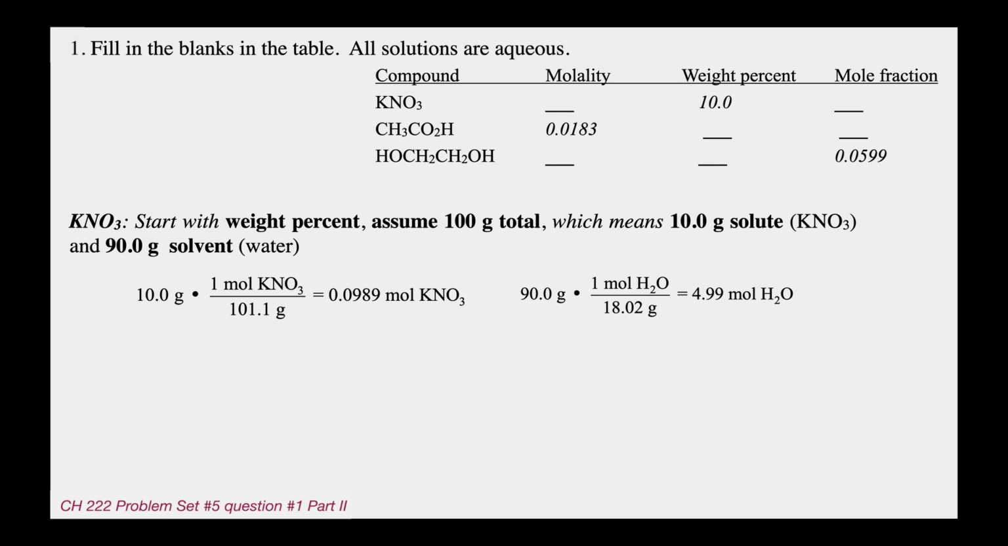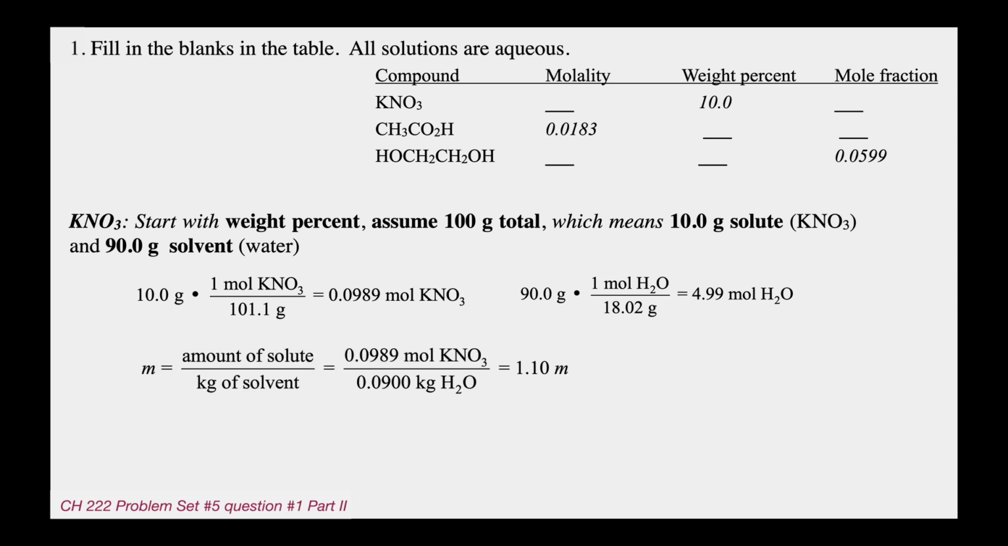For example, molality will be moles of solute, the 0.0989 moles KNO3, divided by kilograms of solvent. So 90 grams divided by 1,000 will give you the kilograms. And mole fraction will be moles KNO3 divided by moles KNO3 plus moles water. If you look at the math, here's the molality first: moles KNO3 divided by kilograms of water, plug and chug those numbers, 1.10 molal. Mole fraction KNO3 is moles KNO3 divided by moles KNO3 plus moles of water,